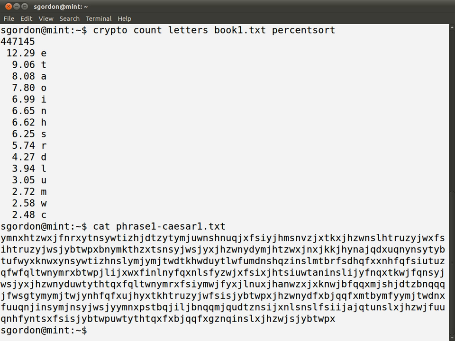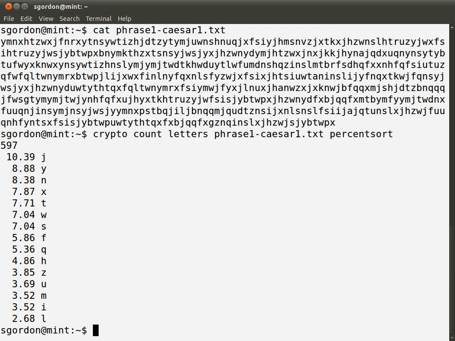And now let's count the frequency of letters in the ciphertext. The letter J is the most frequent in this ciphertext, 10%, Y 8%, and